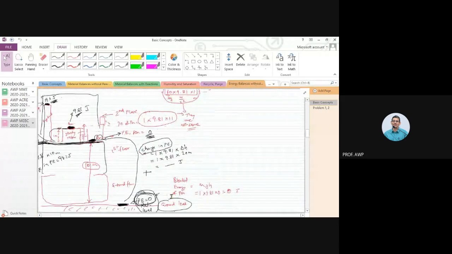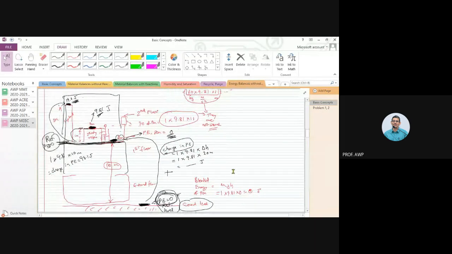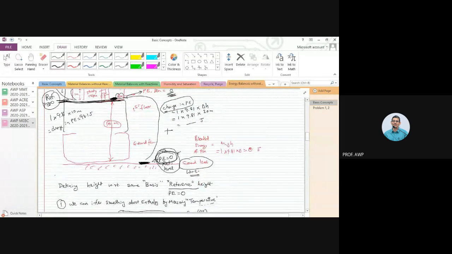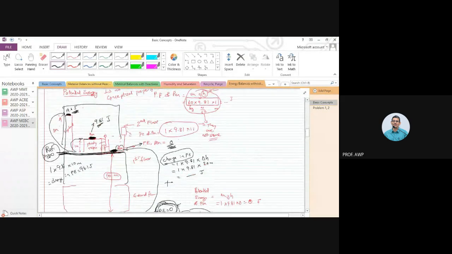I could define potential energy of something with respect to some reference. If I take the reference as the ground floor, I will have a certain energy associated with a pen. If I take the reference as the floor of my house, I will have a certain potential energy. If I take the reference as the first floor, I will have some other